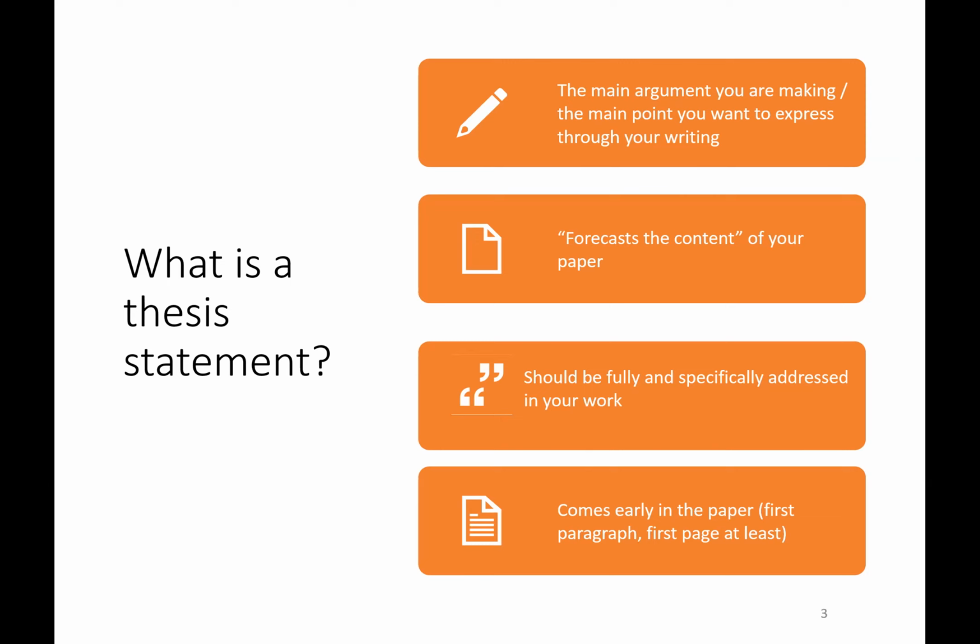And I always say, think about it when you're doing your readings for class or for research. I know for me, I'm always really happy when an author puts their thesis right at the beginning, so I don't have to go digging for that argument. I know right at the start what it is, so I know if this paper is valuable to me, I know what they're working on. So essentially, if it would help you in what you are reading, then it's something you should plan to do in your writing.